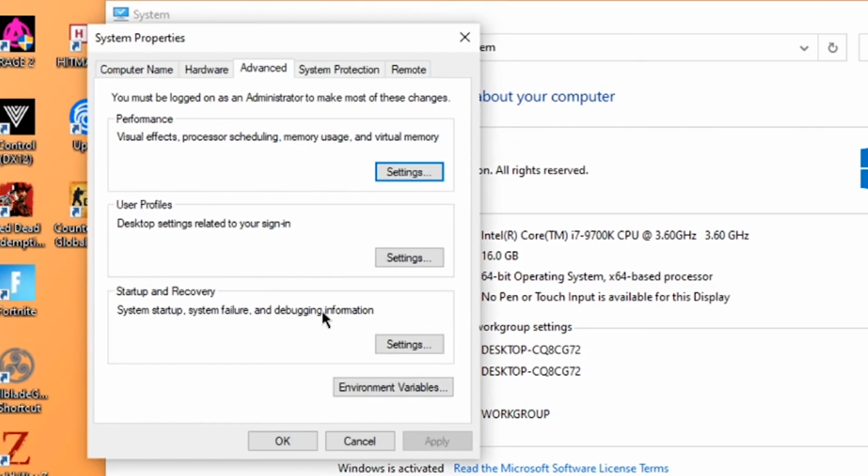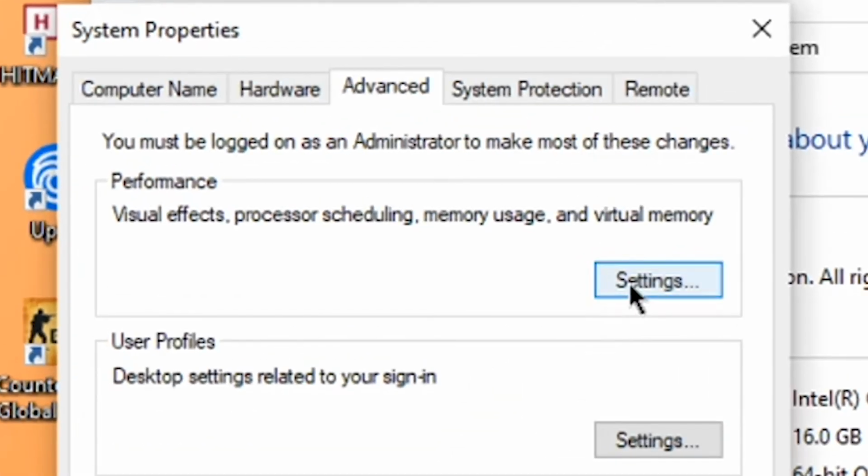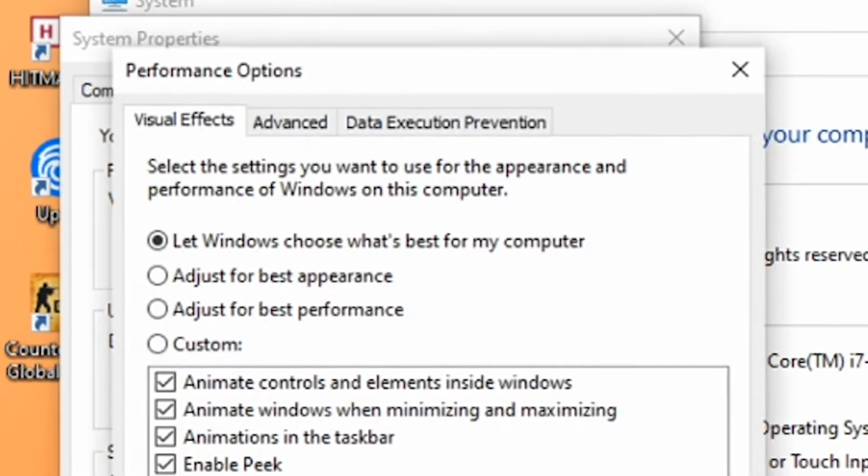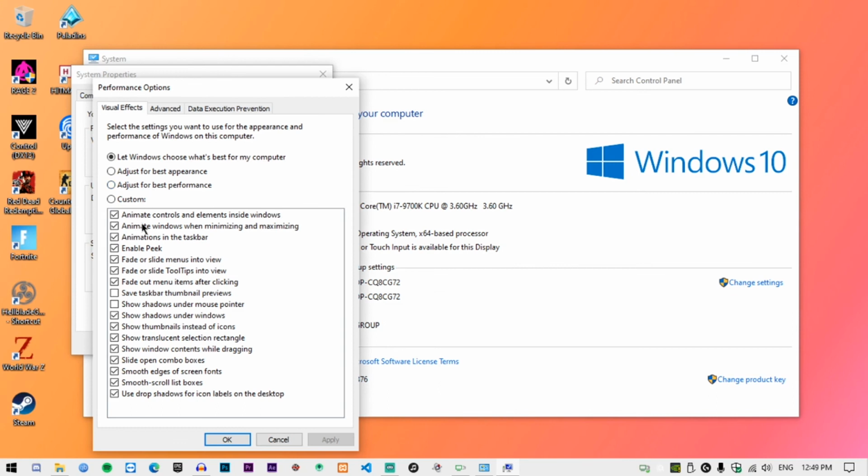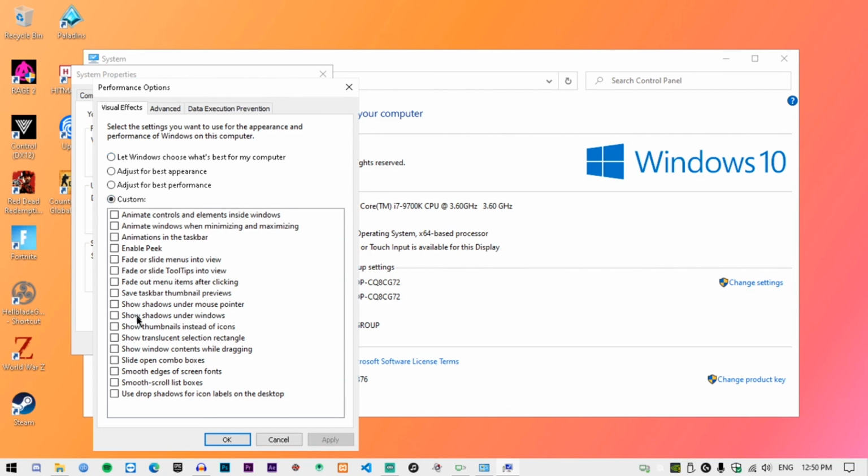Over here you might be shown performance options. Click on the settings under that section, and once you come into this space you get options like these. So if you're really into performance, you can click on adjust for best performance, and once you do that and click on apply, you might see a lot of Windows animations and Windows smoothing out techniques might be disabled. You can tinker around with these and choose the best ones that suit you and click on apply.